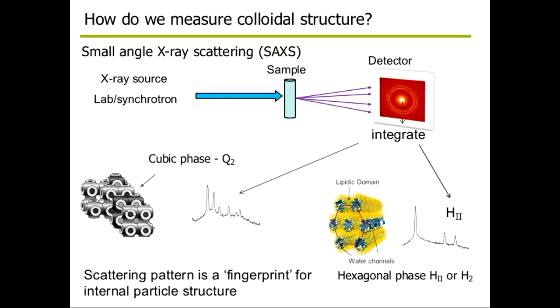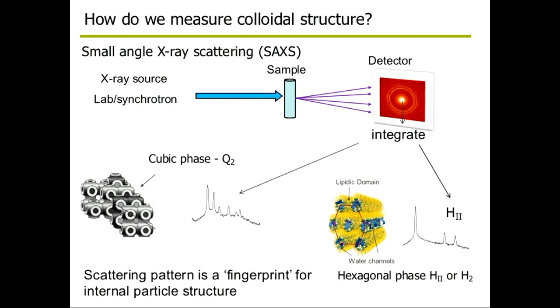So bear with me for a second, but I'm going to give you the sort of 101 session on this because it's important for the rest of the talk. If you have a sample, in the same way that X-rays interact with ordered, well, many of you will have seen powder diffraction from pharmaceutical APIs, for example. You get a diffraction pattern that has peaks in it, and it's exactly the same situation. If you have a lipid system where there's ordered geometry in that system, it'll interact with the X-rays,